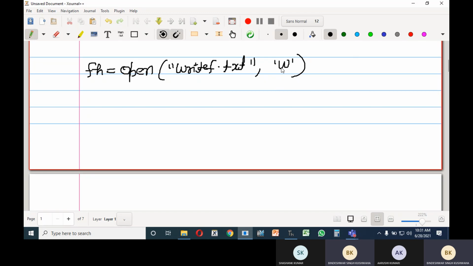If you open your file in write mode, it would be created. Otherwise, if you open this file in read mode, there would be an input output error. And if you open this file in write mode and the file does not exist, a new file will be created.